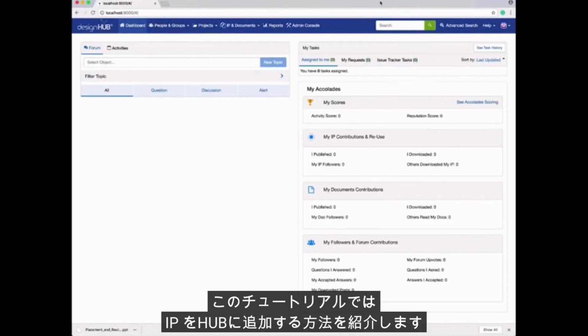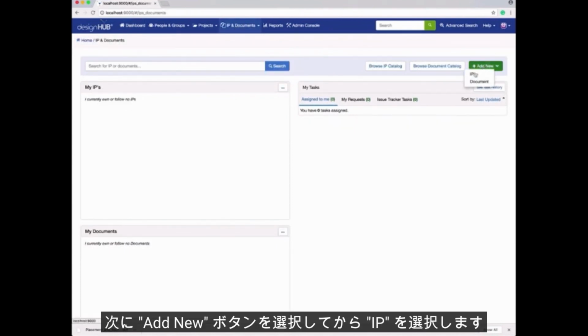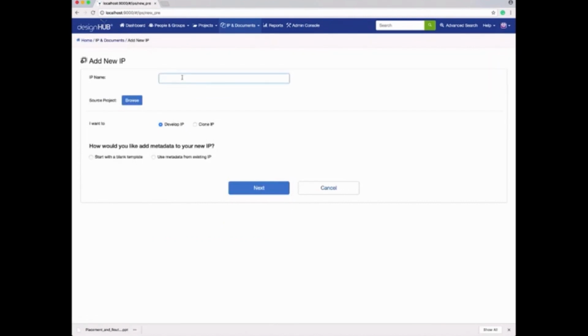In this tutorial, we're going to be adding a new IP element to Design Hub. To do that, click on the IP and Documents menu at the top, and then choose the Add New button, and then choose IP. You give the IP a name,